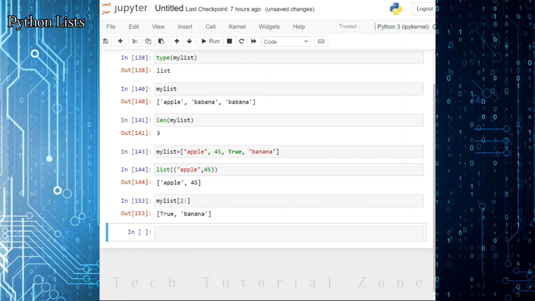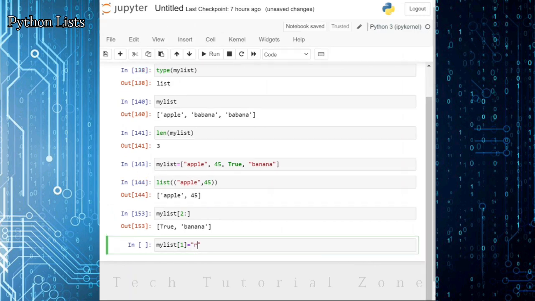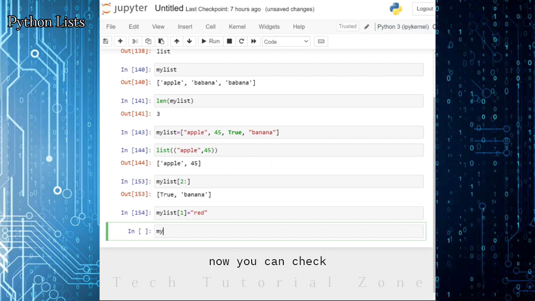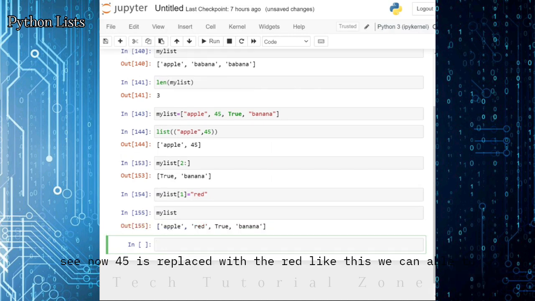At the same time, if we want to change any particular value, for example, I want to change 1 with red. Now you can check. See, now 45 is replaced with the red. Like this, we can change